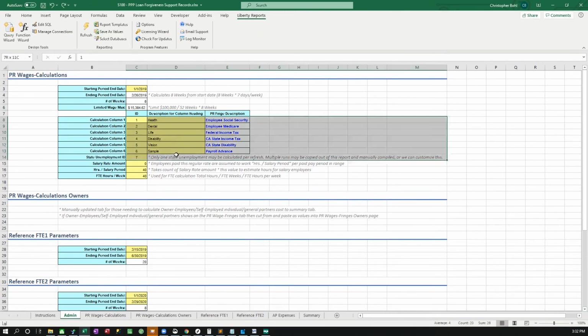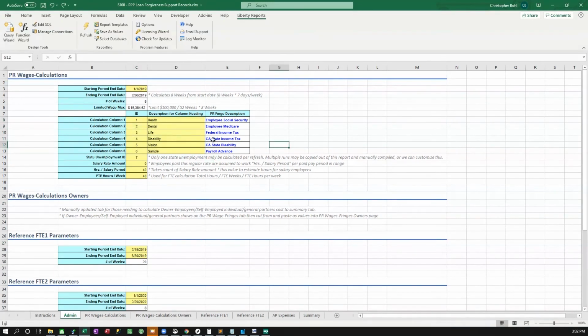Then we're going to set up our payroll calculations for the benefits, deductions, etc., that you're going to include in your payroll application. There are 6 customizable columns. The left column is going to be the calculation number. The middle column is going to be the name of the column in the payroll report. And the right-hand column is just the name of the calculation pulled from Sage 100. I am using sample data, so these aren't really the calculations you would use, but it does help me to get some data in the report to show you guys.